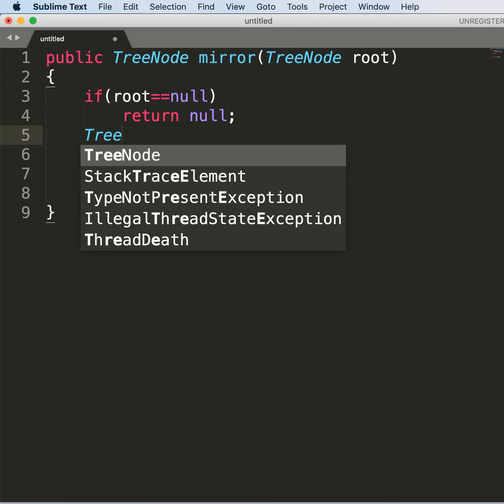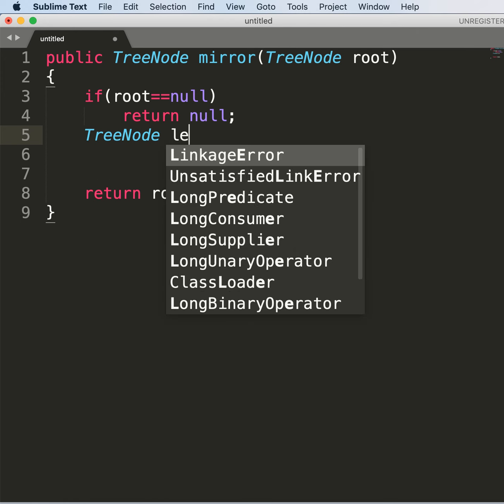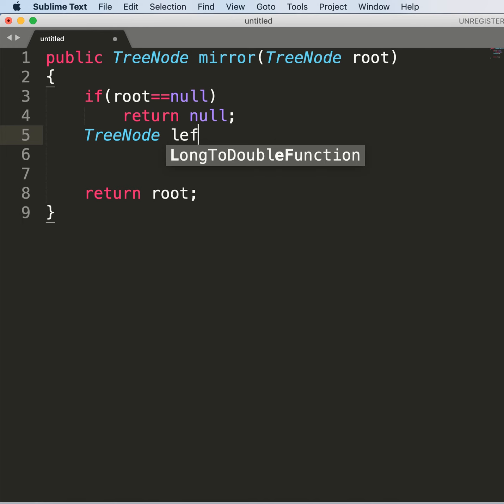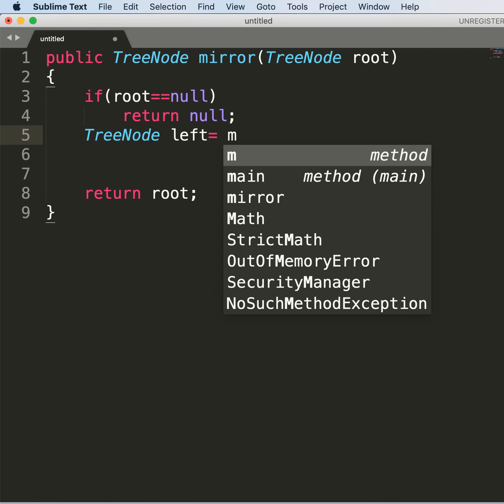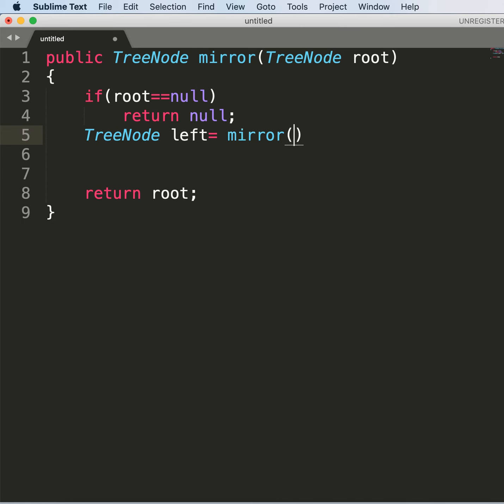So here I am storing the result. This line will recursively call the same function to convert the root's left subtree to its mirror image, and after this function call is over, we will have the mirror image of the left subtree and it will return its root pointer, and that will be stored in this left tree node variable.